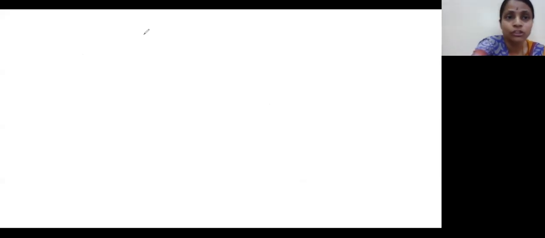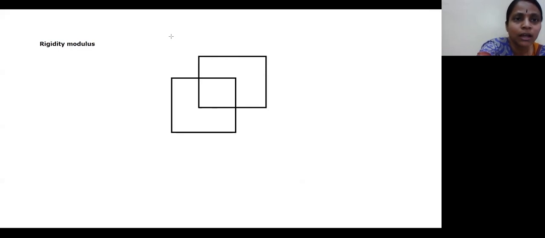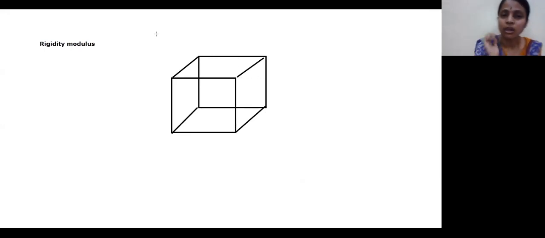Now what am I going to do next? I'm going to move into rigidity modulus. What is the last strain that is left out, children? That is shear. So what am I going to do? I'm going to consider a surface. Let us assume that this is a solid. I am going to make another solid here, almost of the same shape, and I am going to join up the vertices. So let me consider a solid, and this is the solid that I have considered.